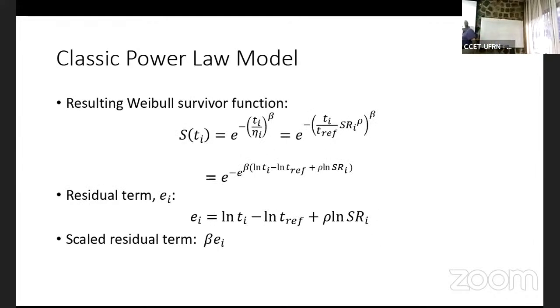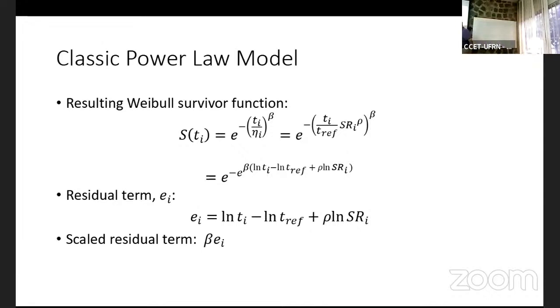Here's the survivor function. This is how the engineer thinks about it. The engineer sees the survivor function. The engineer understands the survivor function. Doesn't care about any relationship to simple linear regression. Doesn't even realize it's there. So far, so good? This is coming back to the probability. Remember, I said our goal is to predict probability of failure. There's the survivor function. The ultimate goal is what's the probability of surviving at the use conditions for mission life? Our interest is that survivor function. Okay.